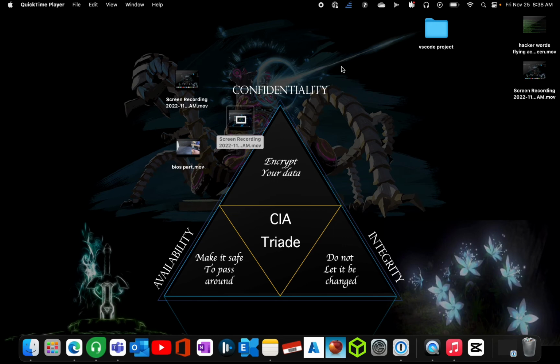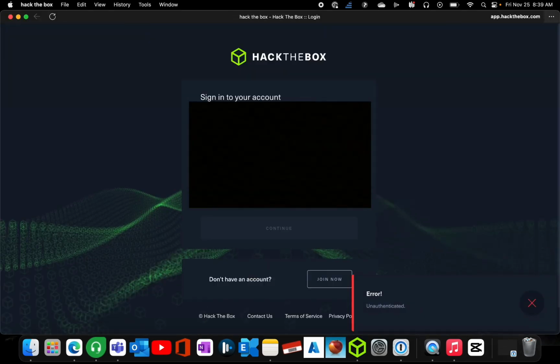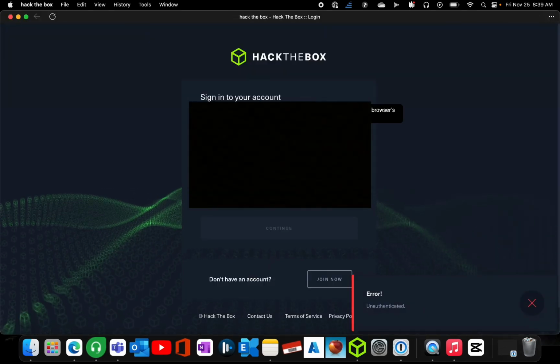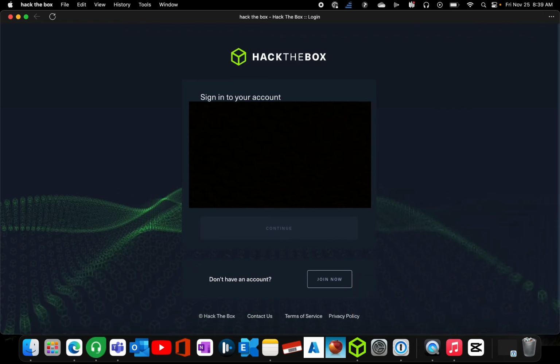Well, okay, so now we get into the second part of this, where instead, if you don't want to have a whole computer that is Linux, what you can do is just use a virtual machine that Hack the Box gives us in the web browser. And I'll show you what I mean by that right here. So if I go in here and I'm just put in my stuff,